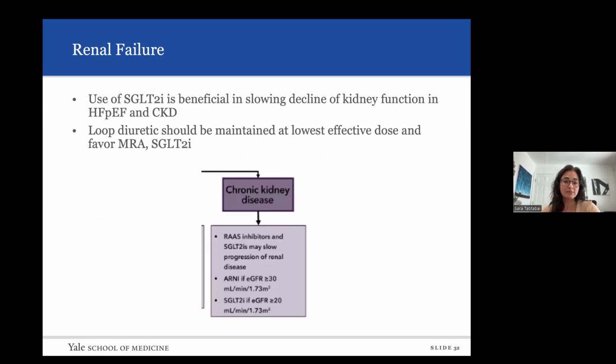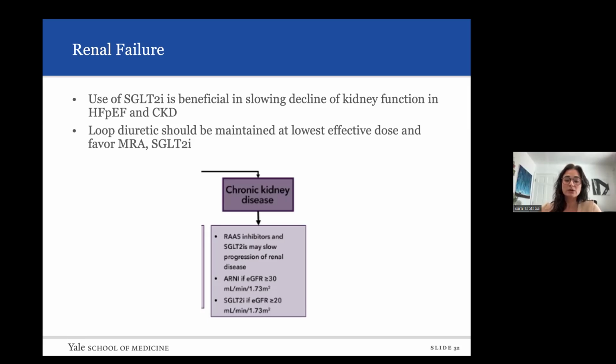When we look at what some of the guidelines or scientific statements suggest at this point in regards to renal failure and heart failure, the use of, again, SGLT2 inhibitors has been shown to be beneficial in slowing the decline of kidney function in patients that have HFpEF and CKD. And I've heard this described as essentially like patients with heart failure have this slow march towards chronic kidney disease. If they don't already have it when they meet you, they're on their sort of march down towards chronic kidney